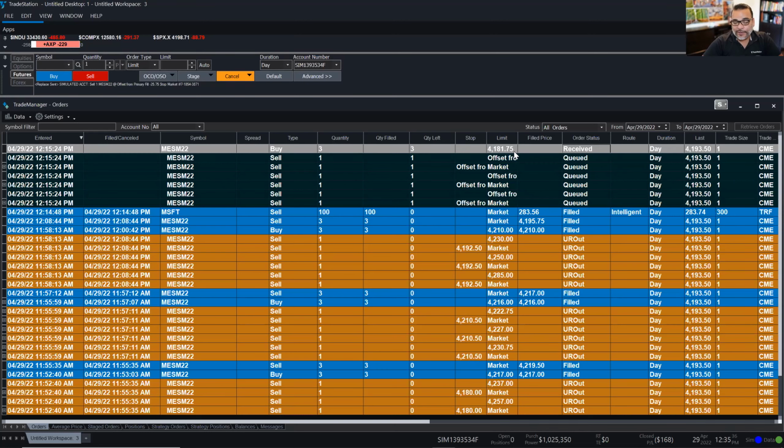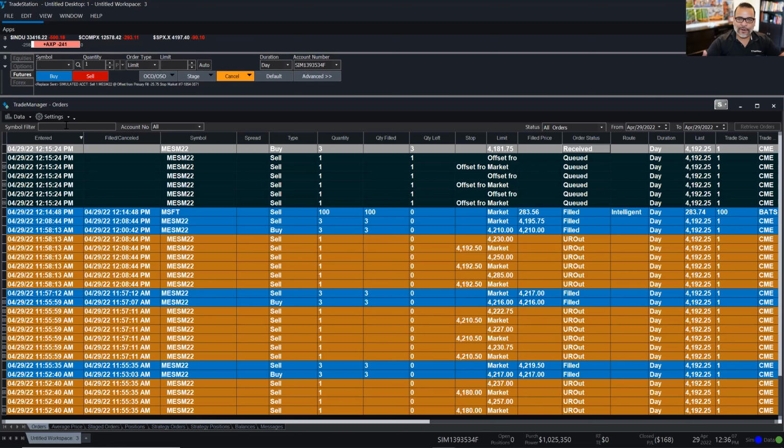The order's still there. It hasn't been filled, and that's why it shows you that gray color. At the very top over here of the trade manager, you have ways of filtering your activity so that if you're looking for something and you have a whole lot of row information here, then you can filter it. So let's say that I know that I traded Microsoft today, but in a sea of